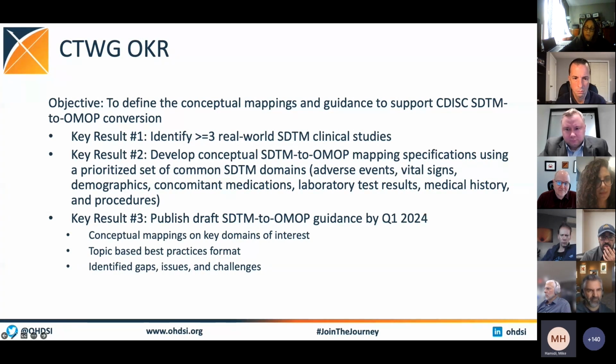So I think we can easily achieve the first key result there by using at least equal to 3 or greater real world SDTM studies. And we're slightly pivoting from what we originally had last year, which was more geared to executing some of these mappings at a value level perspective and leveraging all the terminology that would exist in some of these real world studies. What we've learned is that we have limited access to the environment of Vivli to be able to do